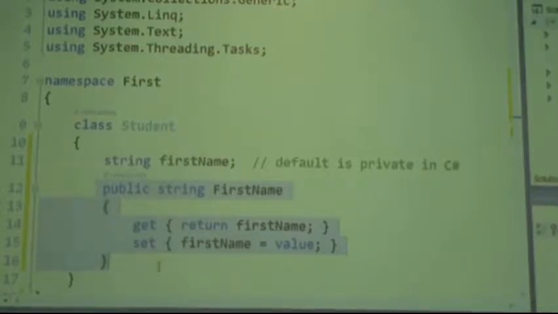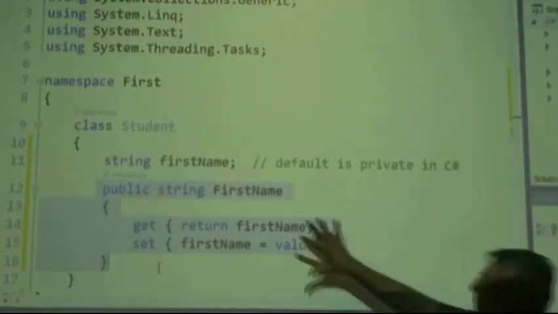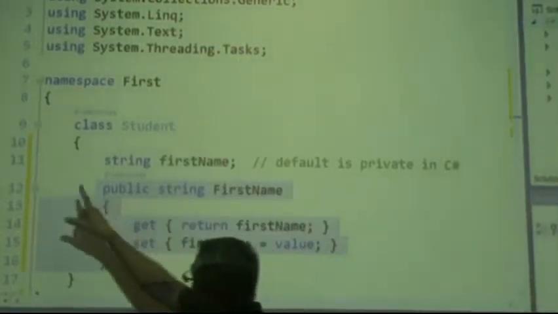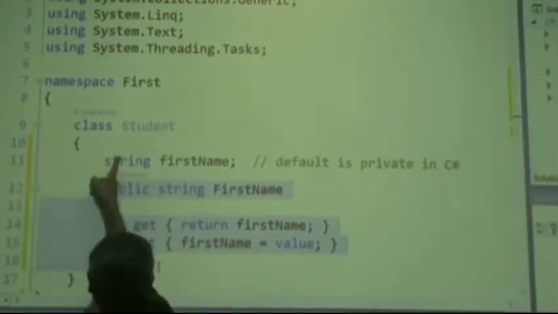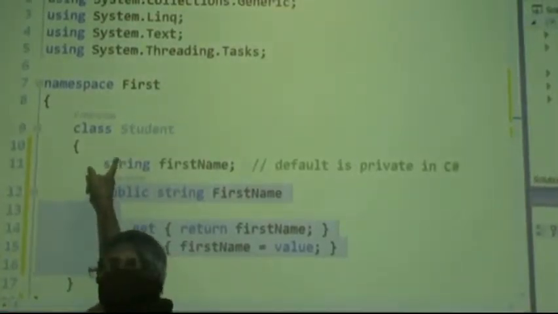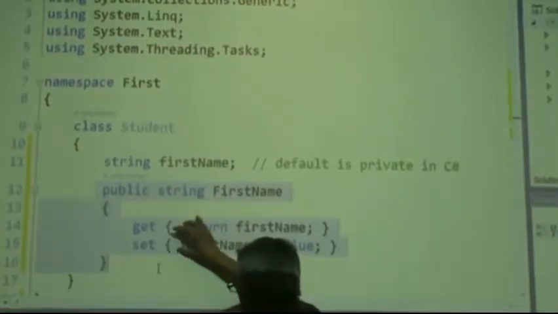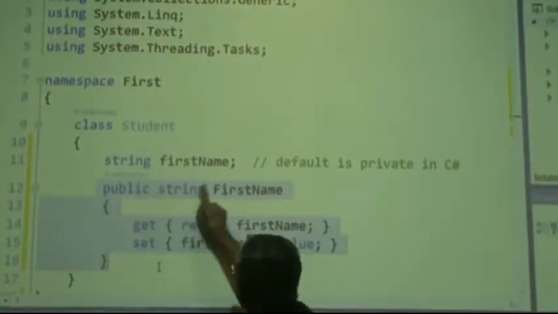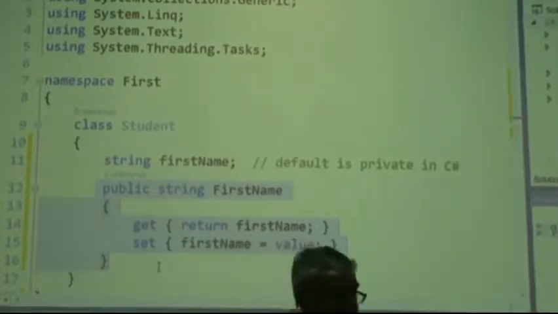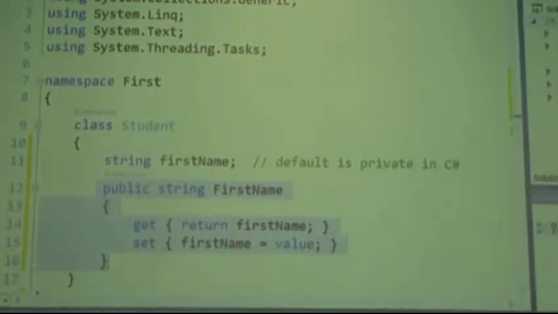Okay. I remember we discussed that if we don't have this part, then if somebody creates one student, tries to access this, they can directly, we will make getter and setter. Yeah, these are the getters and setters. The benefit of this is when somebody is calling this,